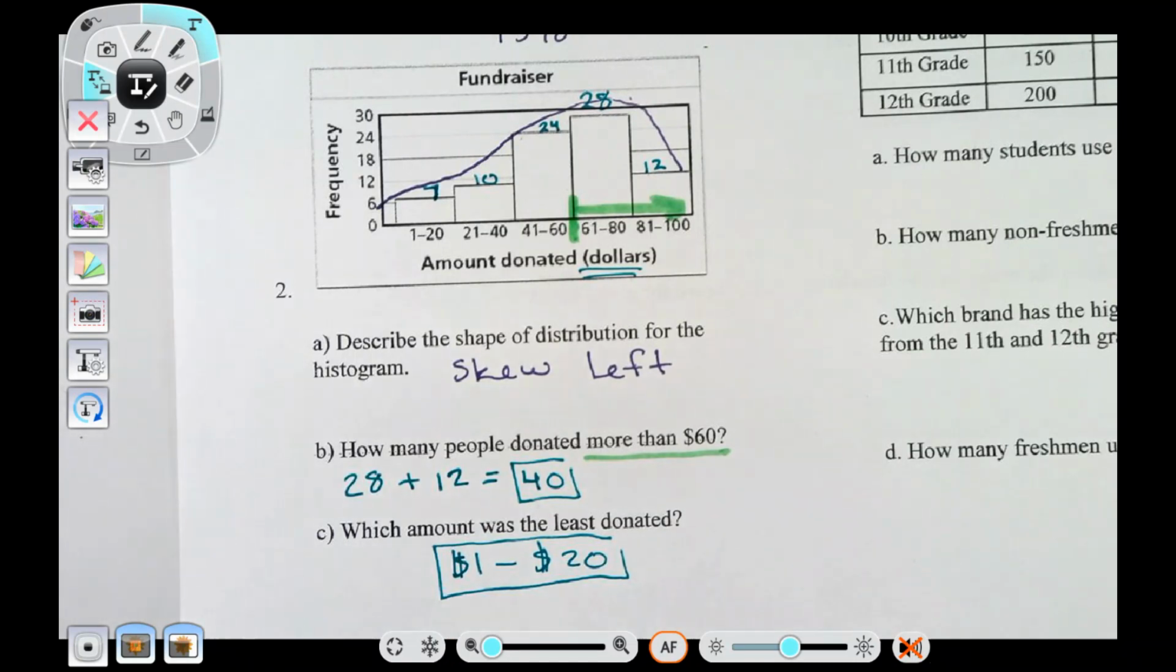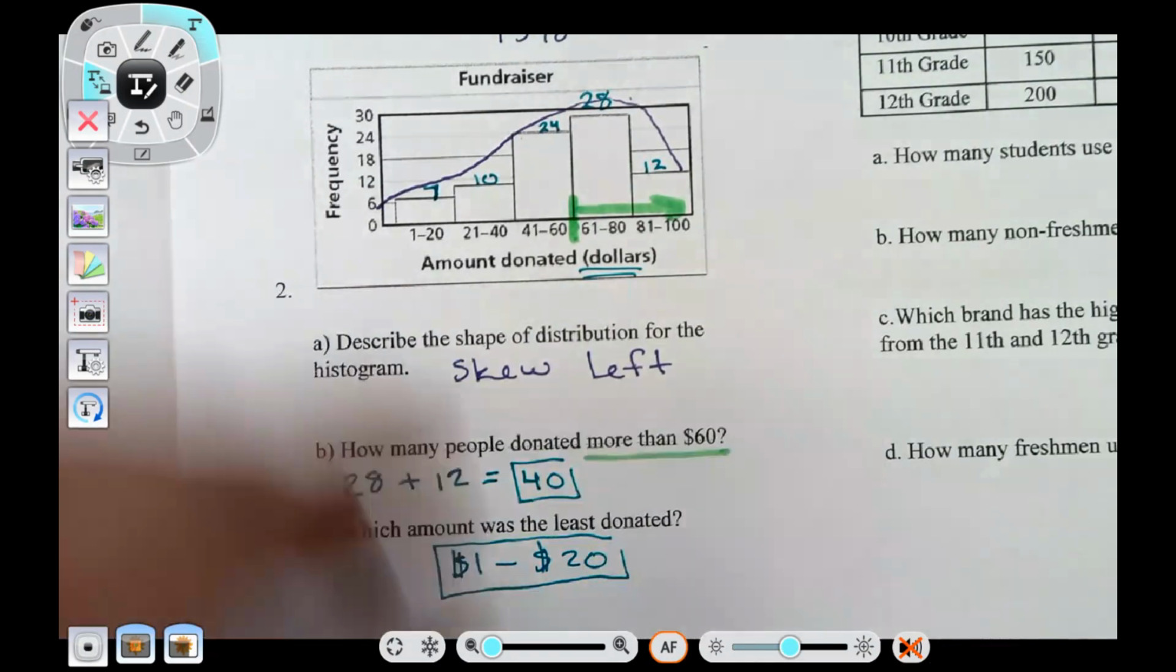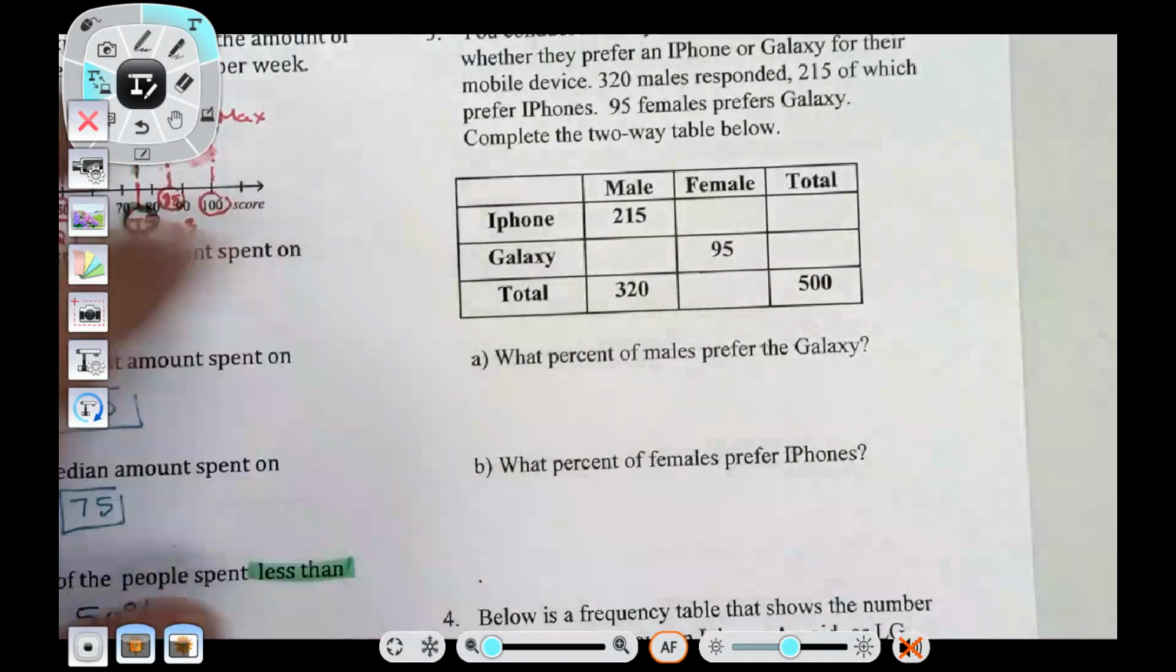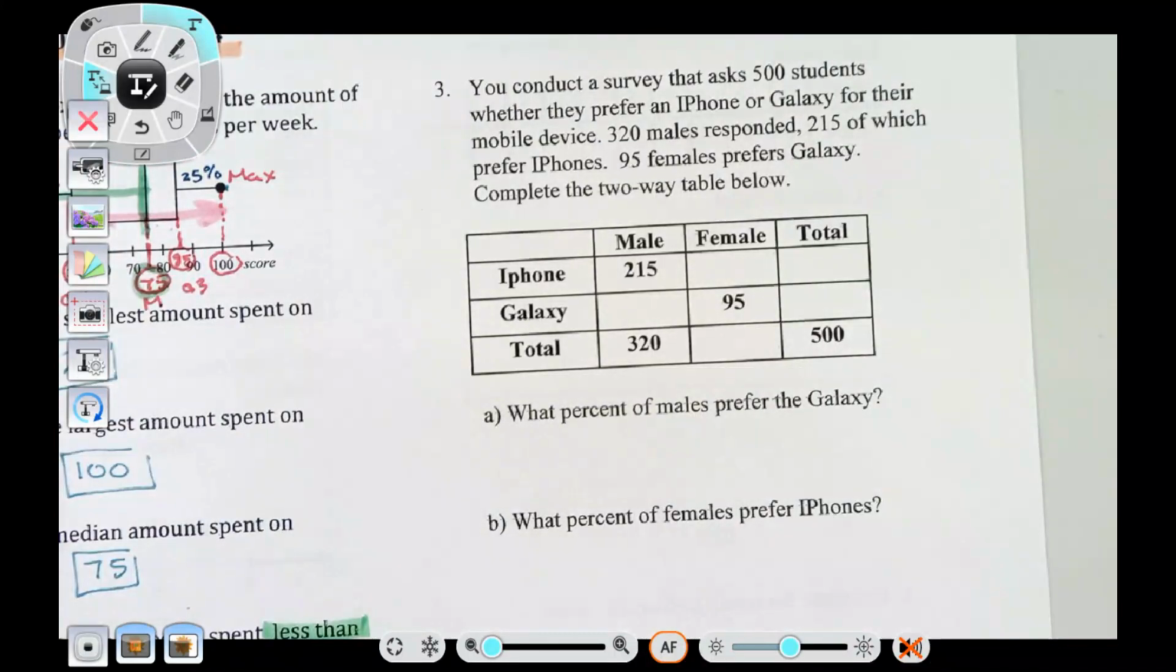Okay, let's move on to number 3. Again, this is just a review, and if you didn't do homework 11.5, well, then you should be writing everything down we're doing because there's some more easy points for you. All right, number 3. You conduct a survey that has 500 students